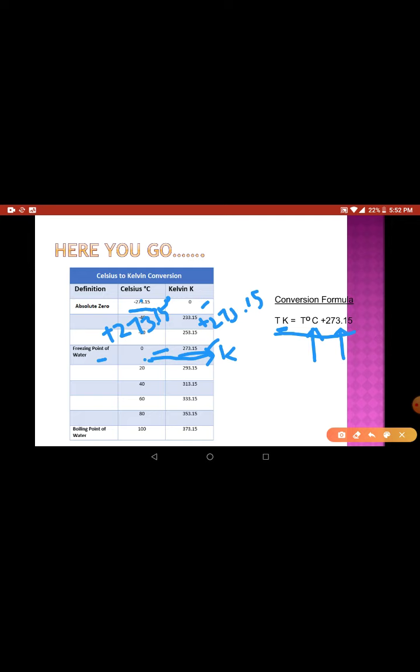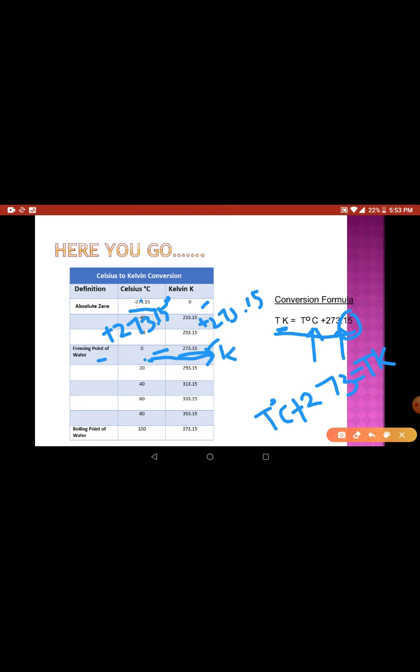And in general, we don't add this 273.15 in our examination problems. We just take it as 273, that's it. So you have a temperature in degrees Celsius, and to that you add 273, then you will get the temperature in Kelvin. That's it. This is the formula we use in general